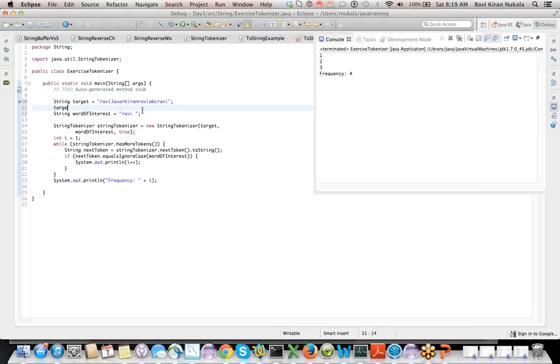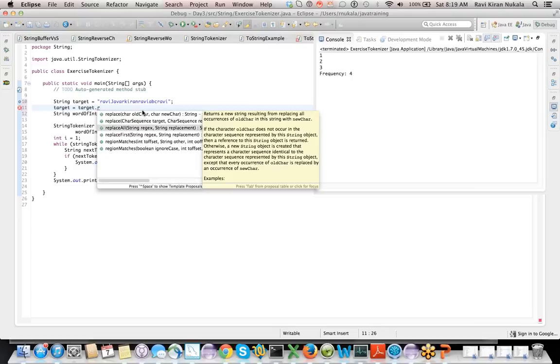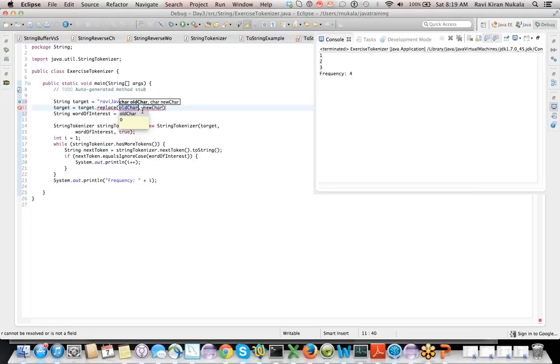Okay, target equals target dot replace Ravi with Ravi space. Okay, so by the time we are here, we get a space in there.